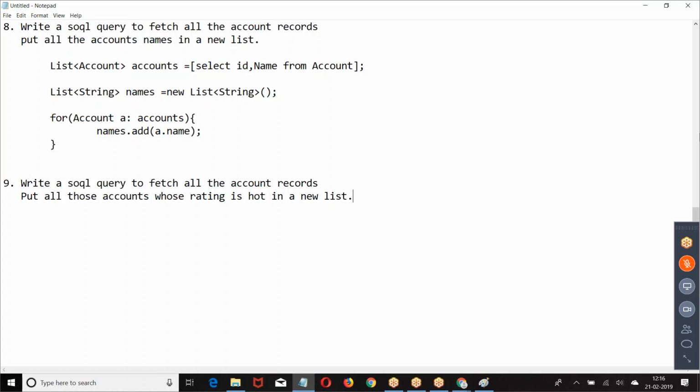Write a SQL query to fetch all the account records. Put all those account records whose rating is hot in a separate list.